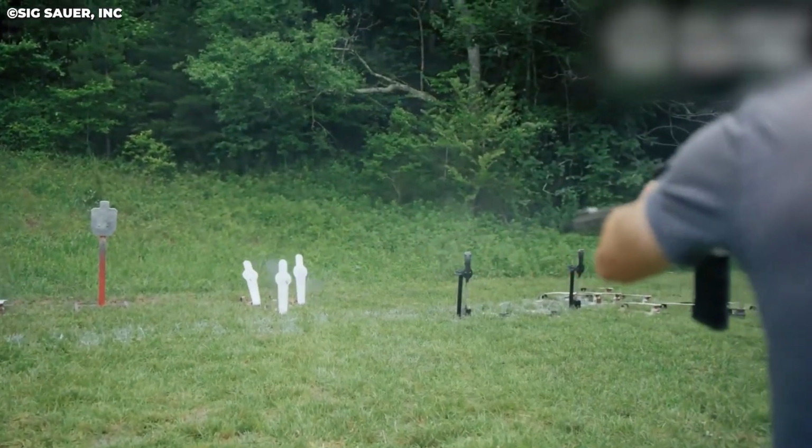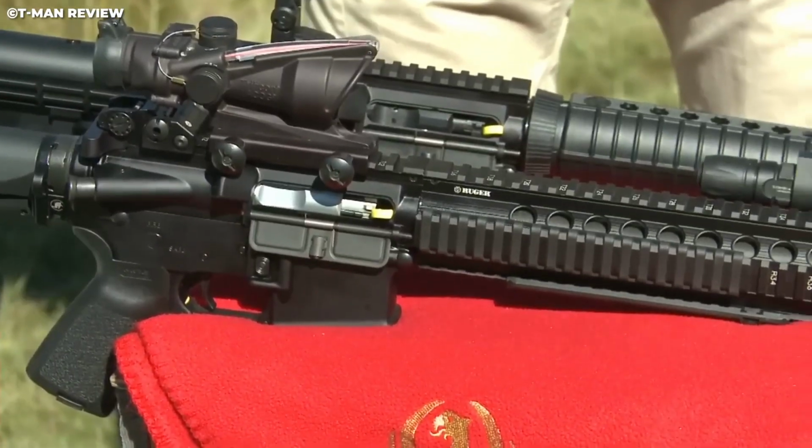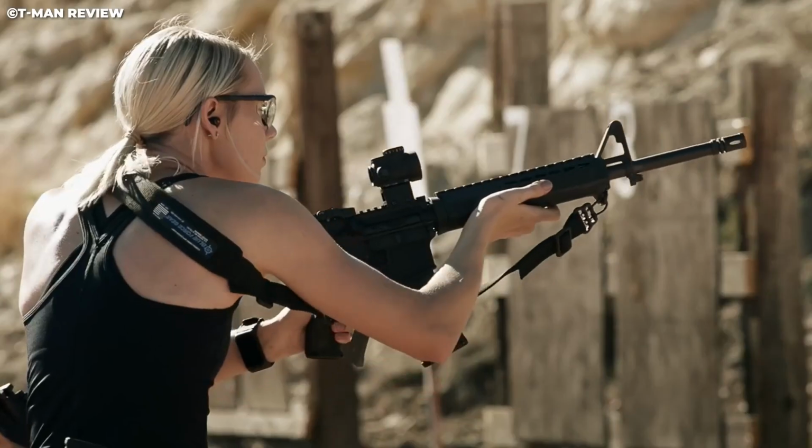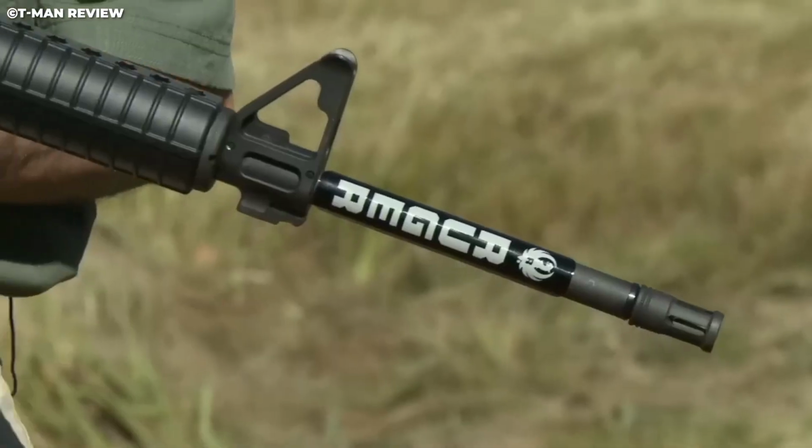Ultimately, the goal is to provide a product that meets the highest standards of quality and performance. The satisfaction of the end user is the ultimate reward for all the hard work and dedication that goes into the testing process. When a customer uses a firearm that has passed these rigorous tests, they can be confident in